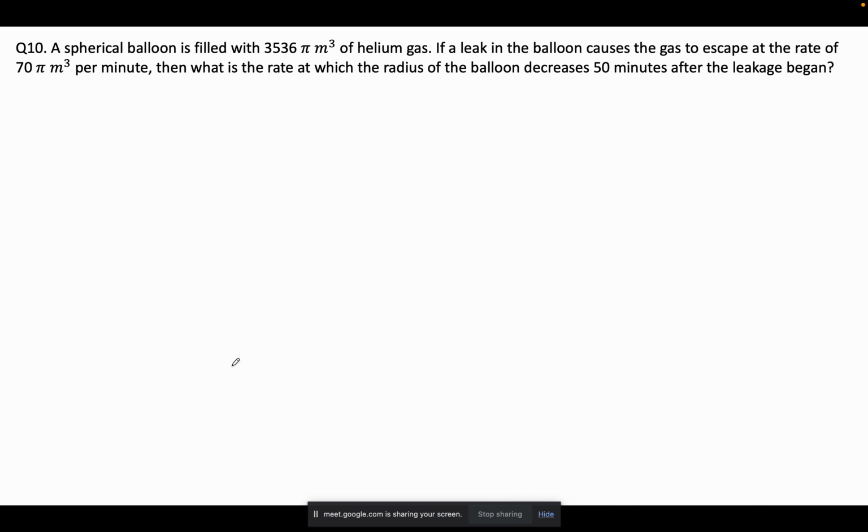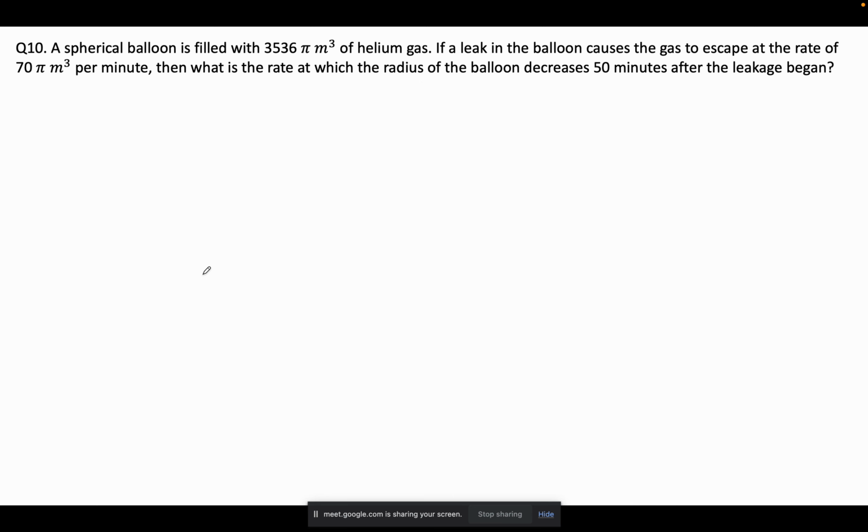Next, a spherical balloon is filled with 3536 pi meter cube of helium gas. If a leak in the balloon causes the gas to escape at the rate of 70 pi meter cube per minute, then what is the rate at which the radius of the balloon decreases 50 minutes after the leakage began? Okay, so